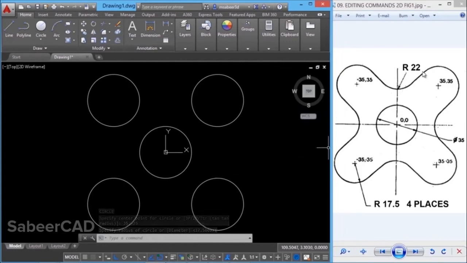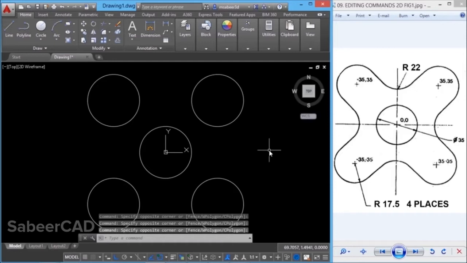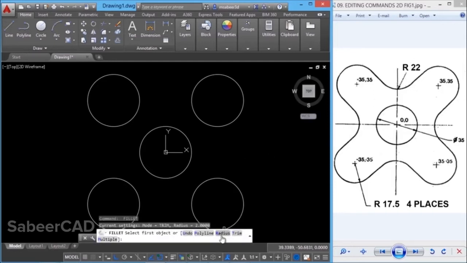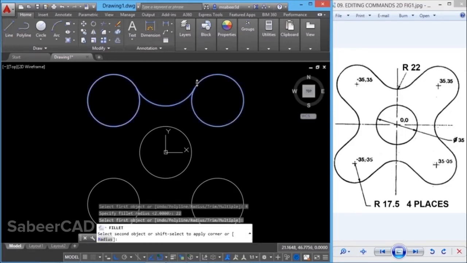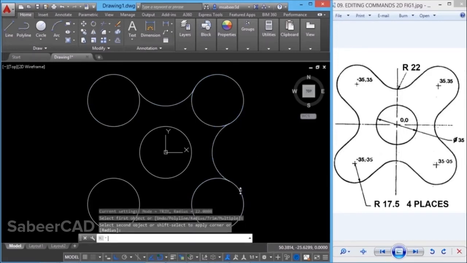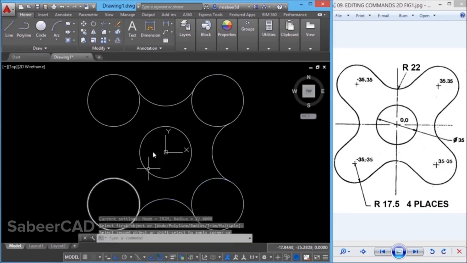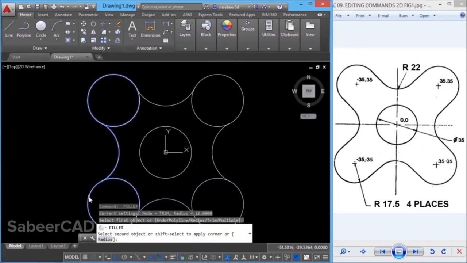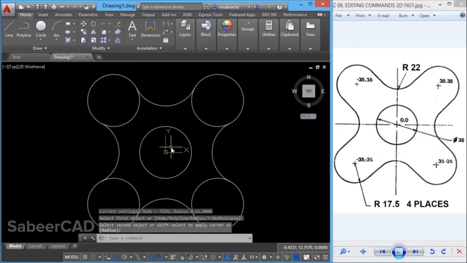Next, we have to connect these circles using arcs. We have already seen that two objects can be connected using a tangent arc using the fillet command. So I'll give the fillet command. Here the radius is given as 22. So I'll go to radius and give the value 22. Now I'm asked to select the first object and the second object, and I've got the fillet. Now give enter to repeat the fillet command, first object, second object. Now give one more enter, first object, second object. Again enter, first, second. In fillet, you should always pick outward like this. But when you pick inward, you will get an arc in a different direction. So I'll pick outward and I've got the fillet.